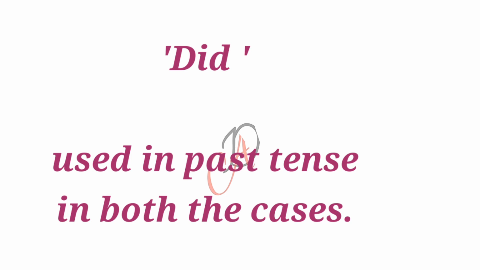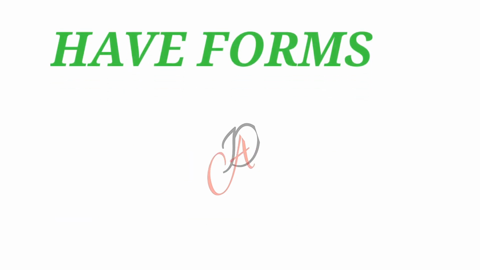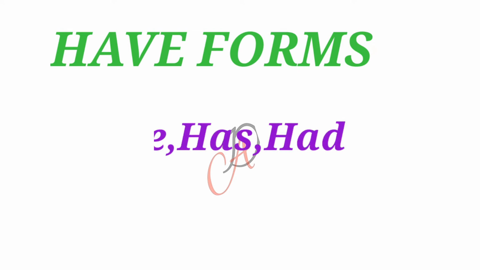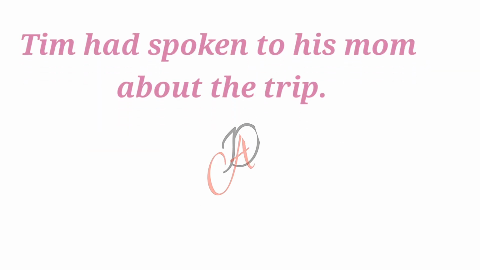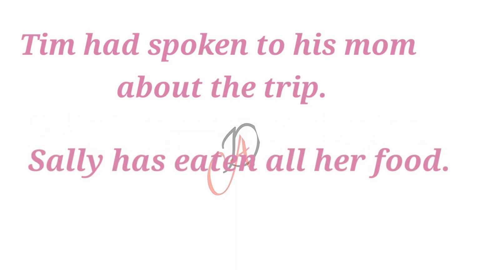Let's move on to the have forms. The have forms are of three types like have, has, and had. These verbs are used as helping verbs to show an action that has already been completed. Example, Tim had spoken to his mom about the trip. The second example, Sally has eaten all her food. When we look at both the examples closely, we can notice that here we are talking about the action which has already been completed, and hence we use the have forms always in the V3 form, that is in